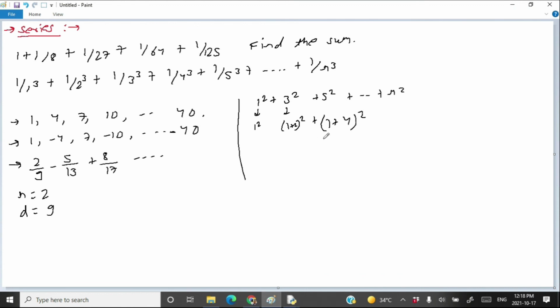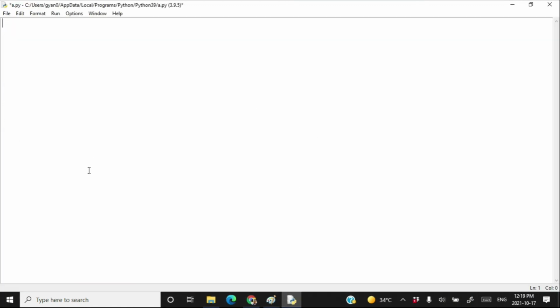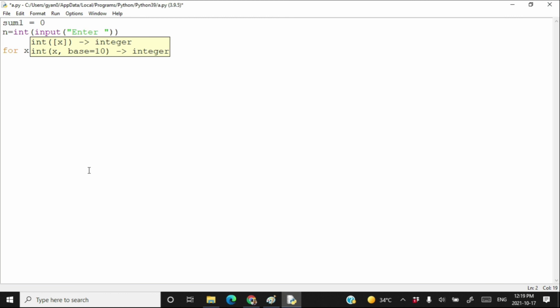Let's try it practically. Let's have a fresh start. Sum1 is equal to 0. Here you write n is equal to enter number of terms, for x in range 1 to n plus 1.